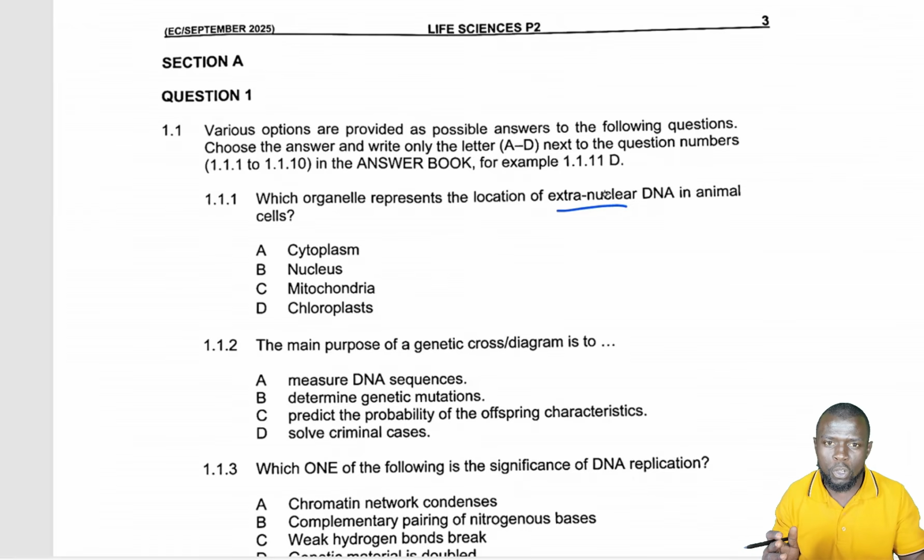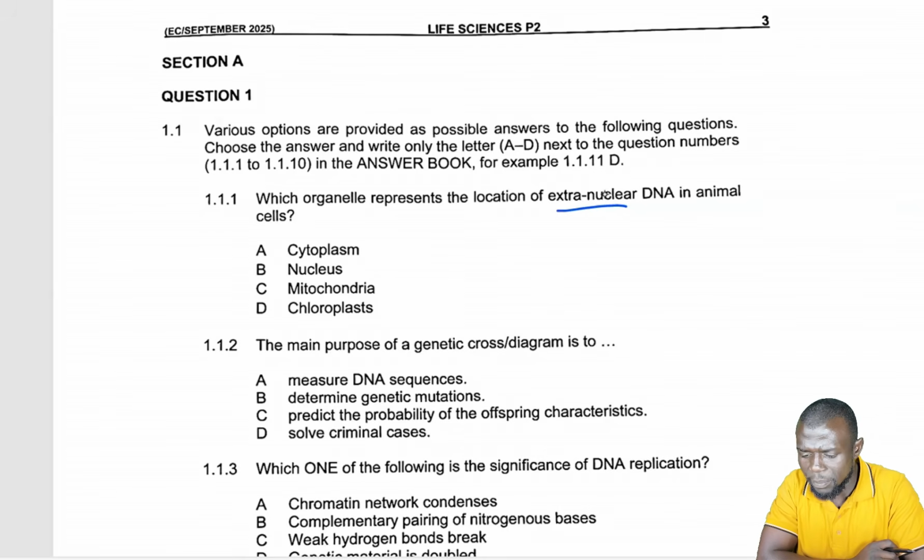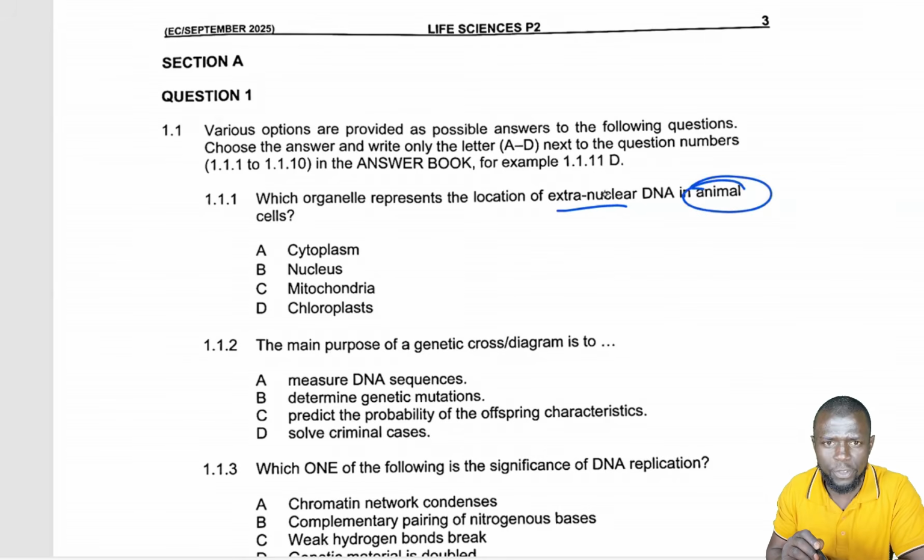But because the mitochondrion can also be found in plant cell, it means that in the plant cell we can have the nuclear DNA, chloroplastic DNA, and the mitochondrial DNA. But animal cells only have the nuclear DNA and then the mitochondrial DNA. So what does it mean? It means that they said animal cell. If you look at it here, they're talking only about the animal cell. So our focus is going to be on the